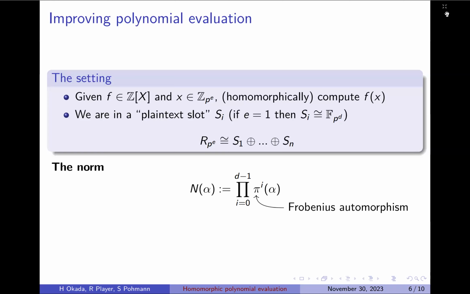And the other important thing is that the ambient space that we are computing in is R mod p to the e, or, if we want to make use of the single instruction multiple data parallelism, it will be one slot, so one of these SIs. The SIs are Galois rings in general,